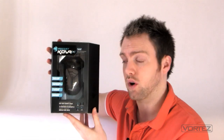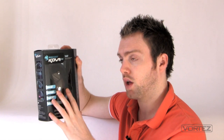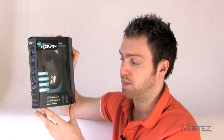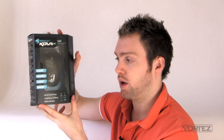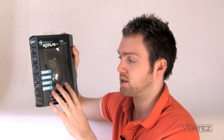To start with, we've got an optical sensor underneath the hood, which is 3200 dpi. That's the same as the original Kova, but what has changed is the maximum speed and the maximum acceleration. The maximum speed is increased from 40 IPS right up to 130 IPS, and the maximum acceleration is moved from 20G up to 30G. We've also got the ability now to key into software on the actual mouse. The original Kova didn't have any driver software, but now we can customize buttons, change the lighting system,